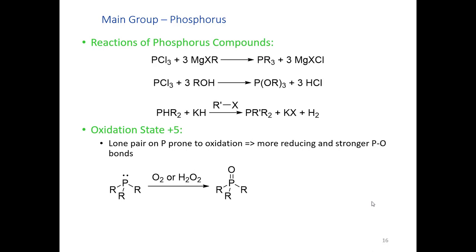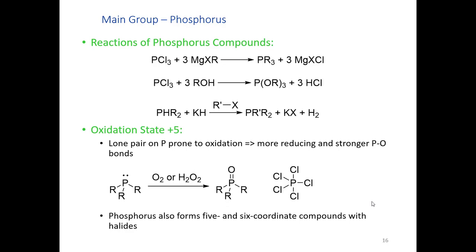Do you know why? It's because phosphorus is smaller than silicon as it is further to the right on the periodic table, so its p orbitals can more effectively overlap with the oxygen p orbitals. Phosphorus also forms 5 and 6 coordinate compounds with halides. Shown here is phosphorus pentachloride, generated through the oxidation of phosphorus trichloride with chlorine gas. Hexafluorophosphate is an example of a 6-coordinate phosphorus compound, and this is a popular anion in inorganic chemistry due to